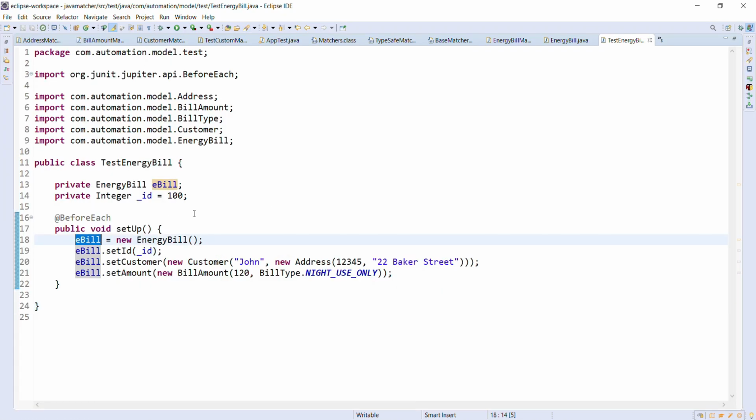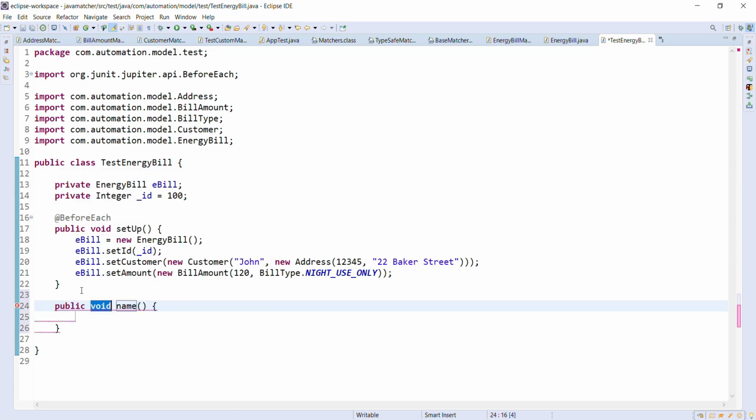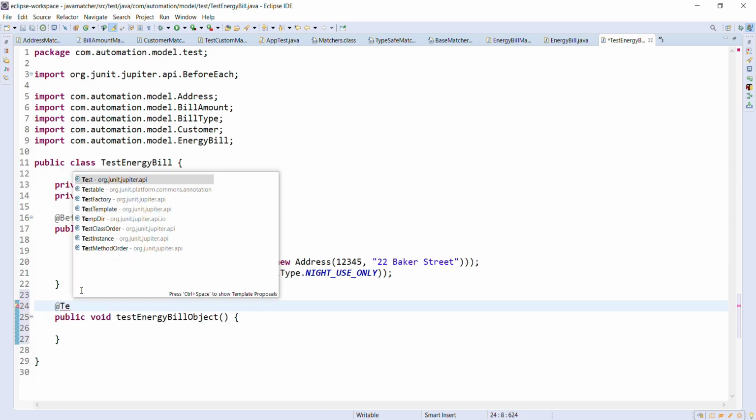So this is our EnergyBill object which we need to validate. So let me add a test method here. And the annotation is @Test.